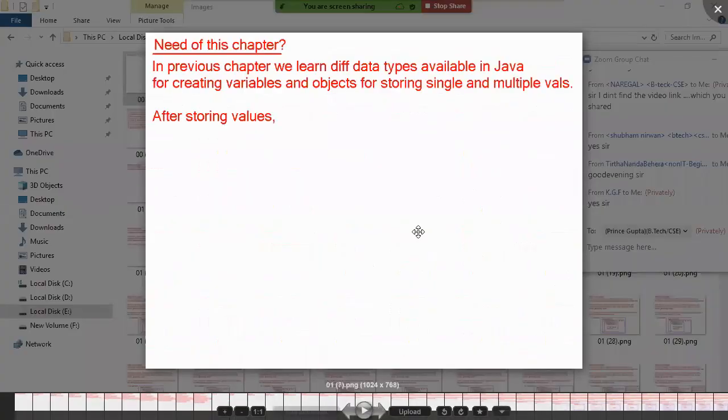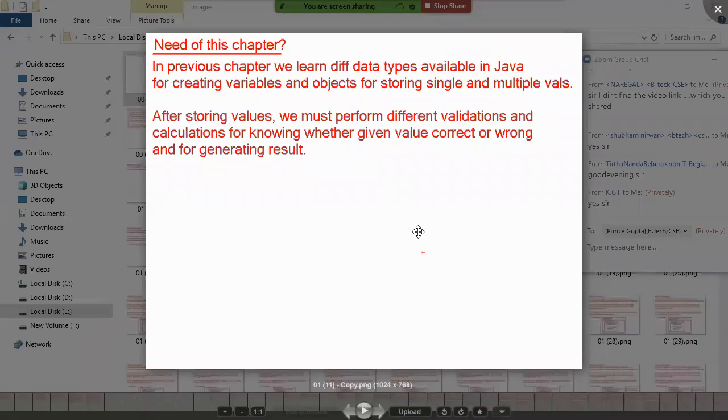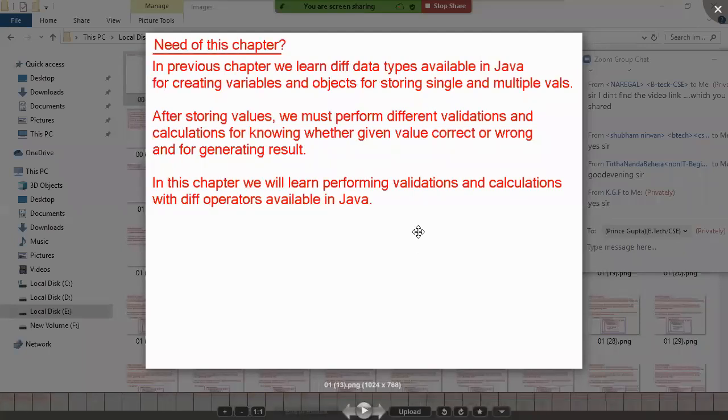After storing values, we must perform different validations and calculations: validations are meant for knowing whether the given value is correct or wrong, and calculations are meant for generating results if correct. So in this chapter we will learn performing validations and calculations with the different operators available in Java.